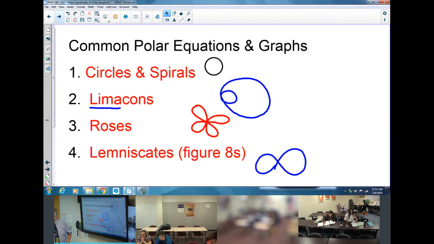So tomorrow we'll go through part 5, and we'll graph it and talk about the symmetry and what type